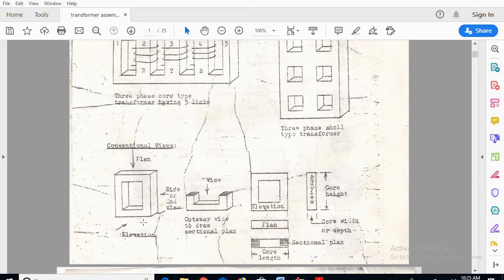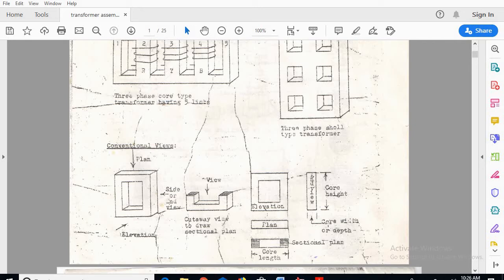Now the elevation. If I see the elevation, this is the front portion. I can see this portion of a transformer from the front view, and here a small window. Here we can see a square elevation, and here it's a window. This is the elevation. This is how the imagination has to come in our mind while going for the assembly cut sectional views. Next, if I see from this end, I can see this rectangle portion. So this is the end view, and to draw this end view, it has been shown here.